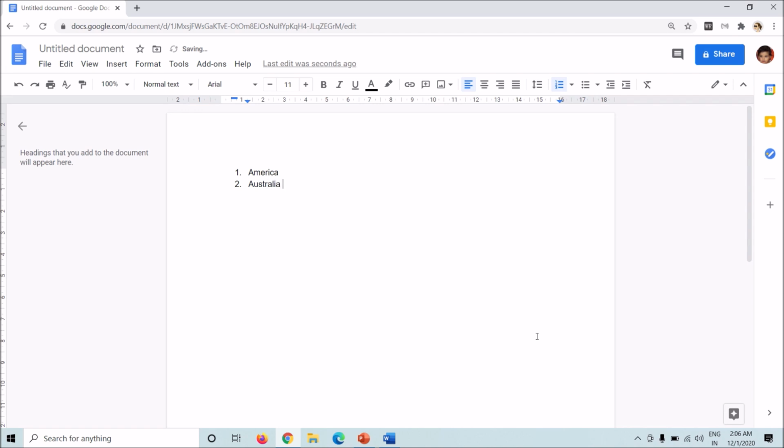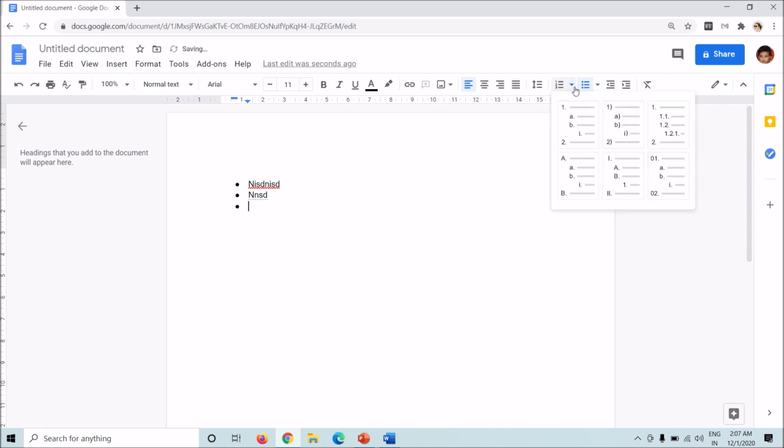Now, how to remove, you can either backspace, quite easy, right? Or you can do Control Z, which is the undo option in both the Google Docs and the Word. Or the other option is you can go back like this or redo like this. You can go both the ways. Similarly, instead of numbers, you could go for bullet points. Easy.